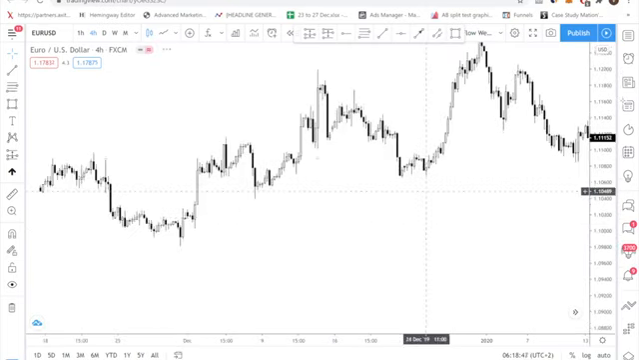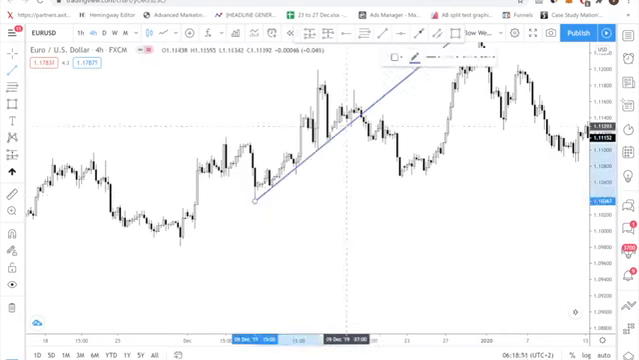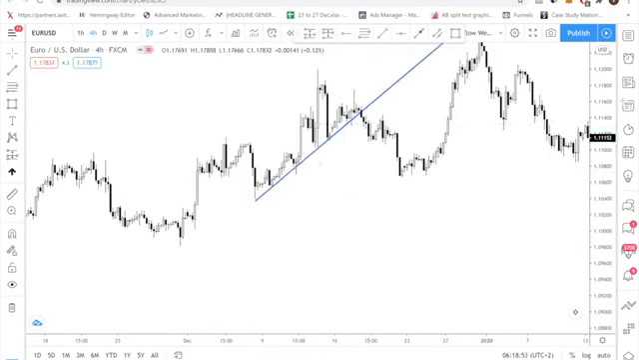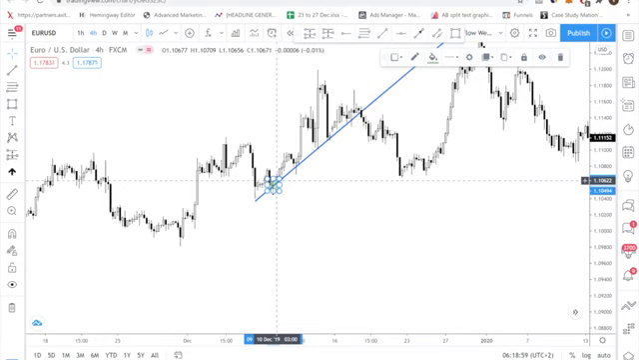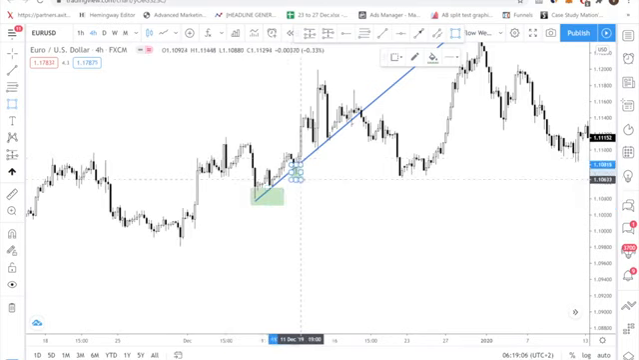Maybe this one over here, let's see whether it qualifies. Something like this. You do have this point over here. You have this swing low, and then you have this swing low here. So you are projecting this swing low here. You take the Fibonacci tool,